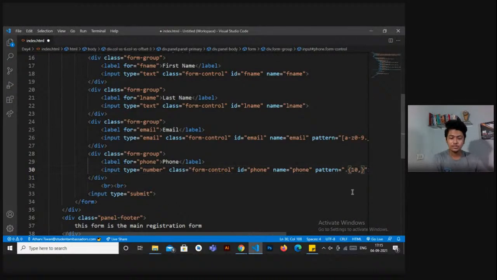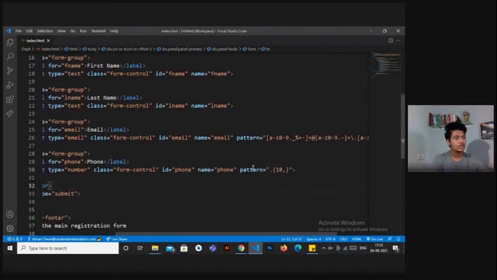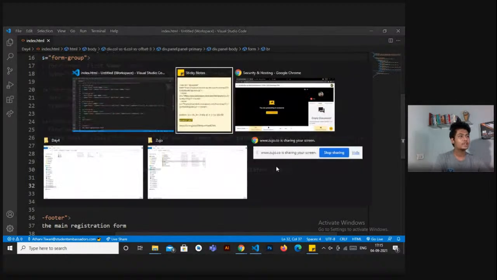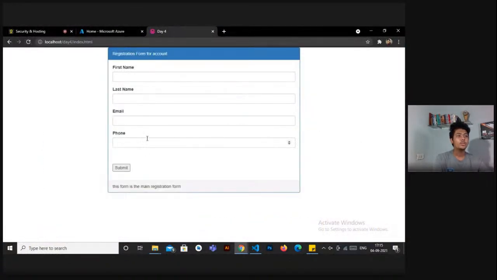So remember this kind of code, as it is very much required in a company when you work for a firm, where the form is restricted for some employees, or for some survey or some feedback. For that, this form validation helps a lot. So you have restricted the phone number digits to 10. And now we will save the form and move on. Okay, so now you can see the phone number will be